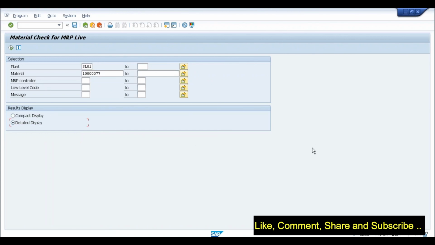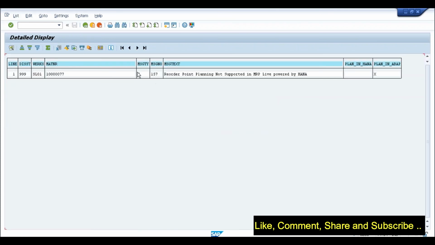It will give the complete performance log. So let's say this is my material for this plant and I want to see whether this is supported for MRP Live or not. Okay, see, here it is giving an error for this particular plant and this particular material. What is the error? Reorder point planning not supported in MRP Live powered by HANA. That is the reason the material will not be planned in HANA. It will be planned in the classical logic, that is, planned in ABAP. Okay, but I don't know why